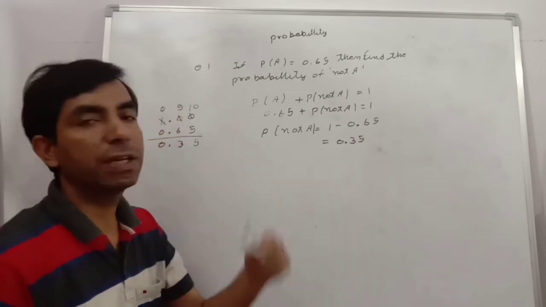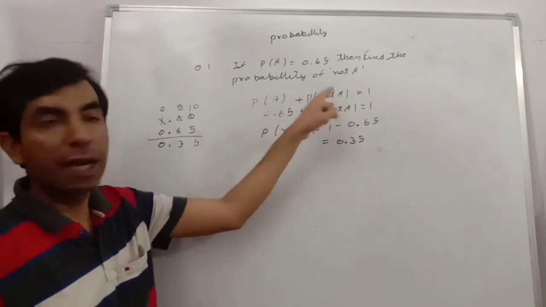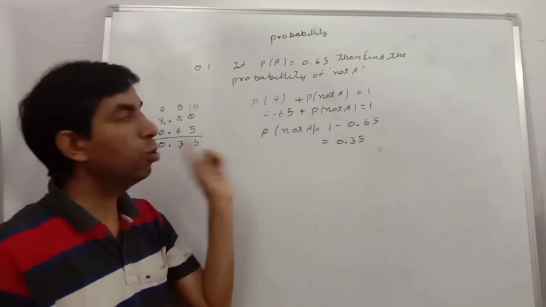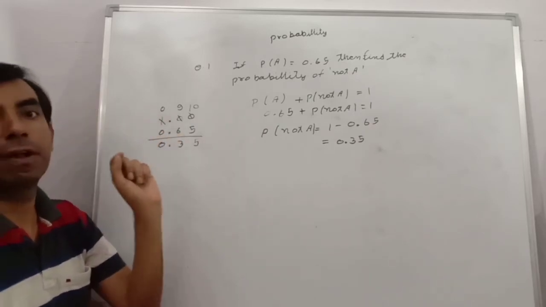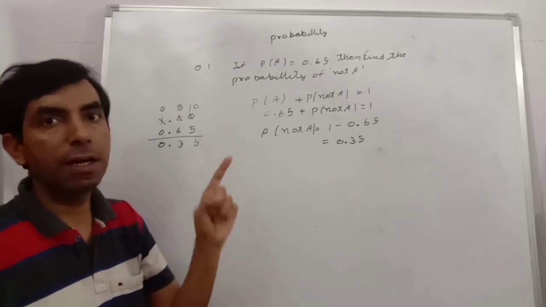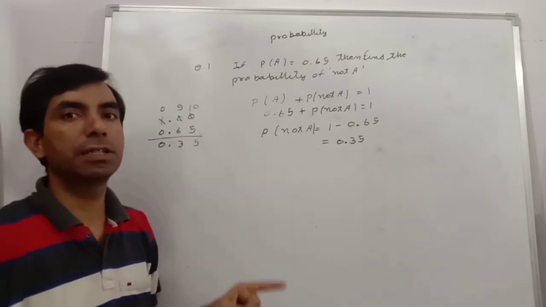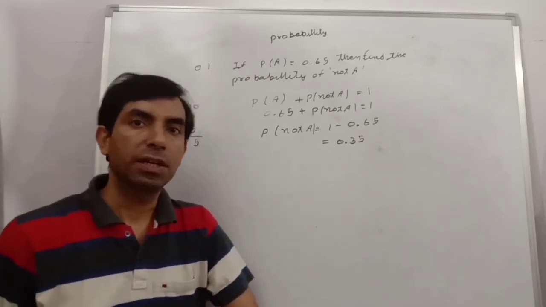By this method we can easily calculate the probability from A to not A and not A to A. So always remember, for subtraction, write the decimal. If the number is not given as a decimal, then write the decimal at the end of the number. Second, for addition and subtraction, always write the decimals in one line. So let's take today's next question.